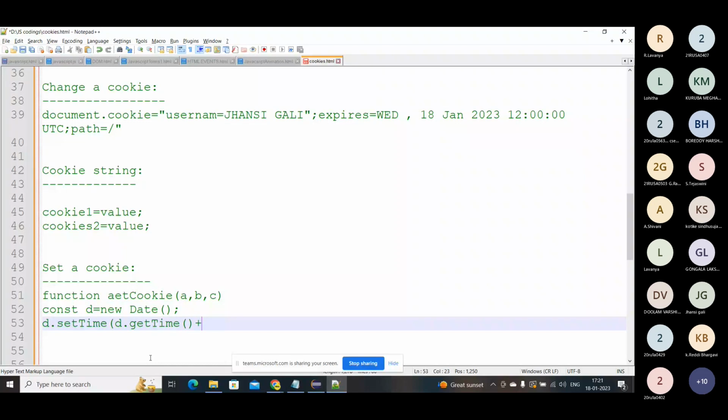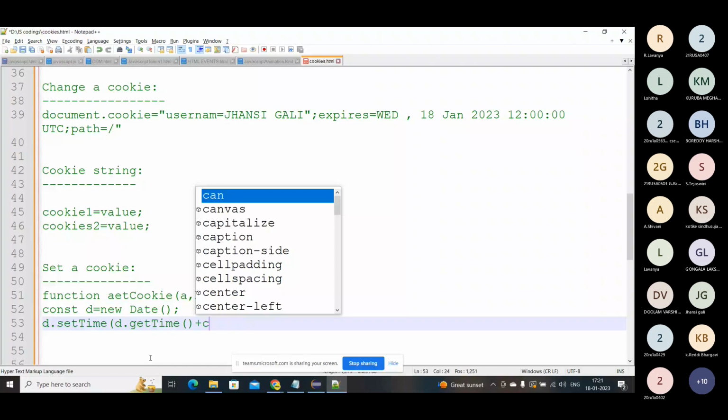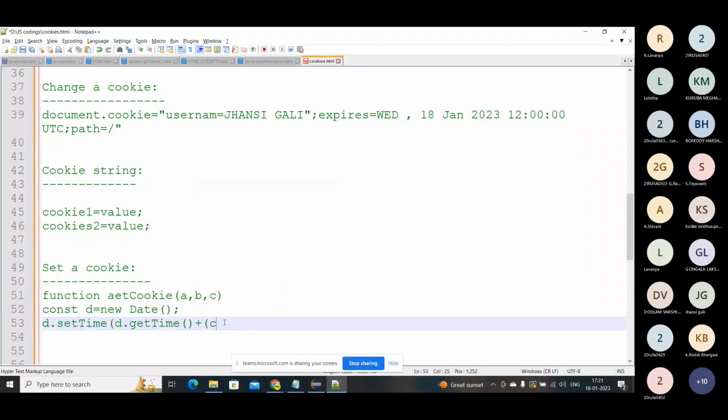How many days until it expires. For that I'm going to take my third variable and do some calculation: C times 24 times 60 times 60 times 1000. So this is how it will be.